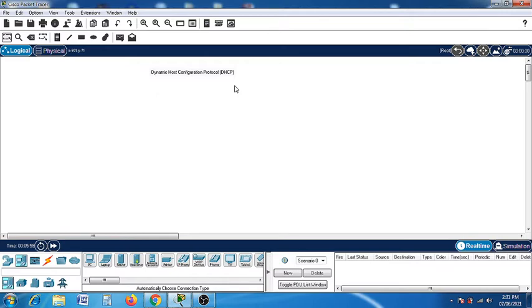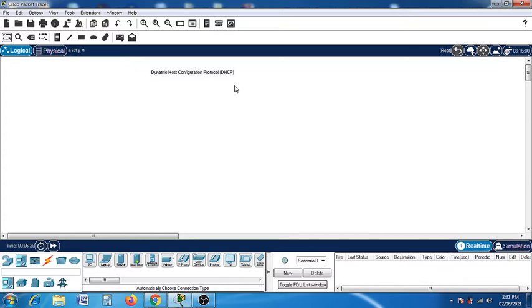Protocol. So for example, if an organization has more than 100 systems, let's say 500 systems, and we want to give IP addresses to all 500 systems, that will be a very tedious task. So the better option is to assign the IP addresses with the help of DHCP. DHCP will automatically assign the IP addresses to all the hosts, and that whole process is totally automatic. That's why it is sometimes called a plug and play protocol.